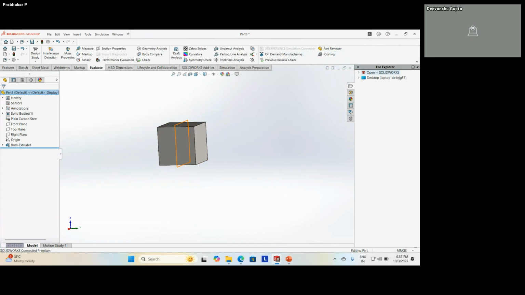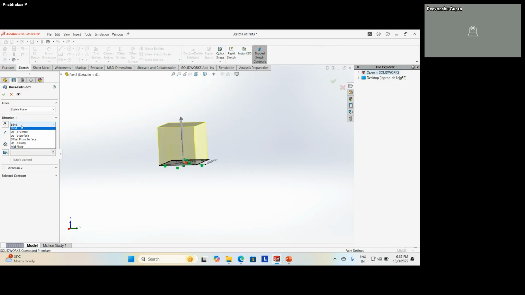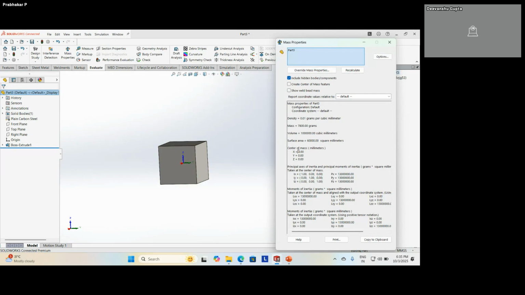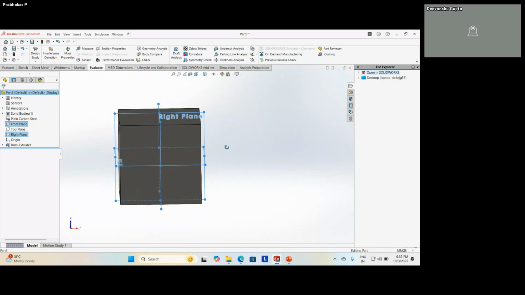Why is it 50? The model is built so that the plane is not falling exactly at the center. But if I build the model with mid plane instead of blind, all three centers of mass will be 0, 0, 0. Why? Because all three planes, front plane, right plane, and top plane, are placed exactly symmetric.